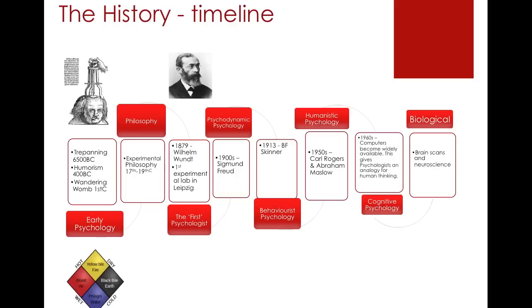He called this introspection, but as I said, there's more on that a bit later. Next then came psychodynamic psychology, and probably I say Wilhelm Wundt was the first psychologist, probably the most famous psychologist. Then came psychodynamic psychology, and that was Sigmund Freud, and his ideas were more to do with the unconscious mind, the role of childhood, and how our upbringing has an effect on how we act and how we behave